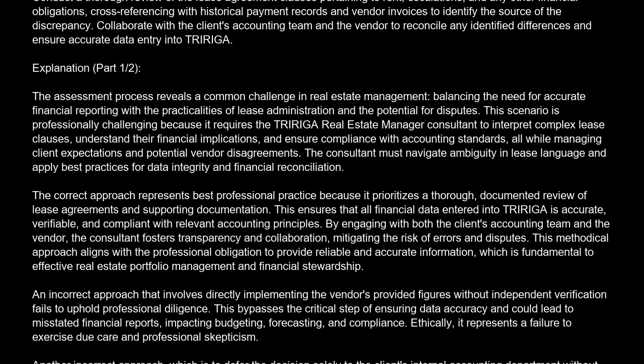The correct answer is B. Conduct a thorough review of the lease agreement clauses pertaining to rent, escalations, and any other financial obligations, cross-referencing with historical payment records and vendor invoices to identify the source of the discrepancy. Collaborate with the client's accounting team and the vendor to reconcile any identified differences and ensure accurate data entry into